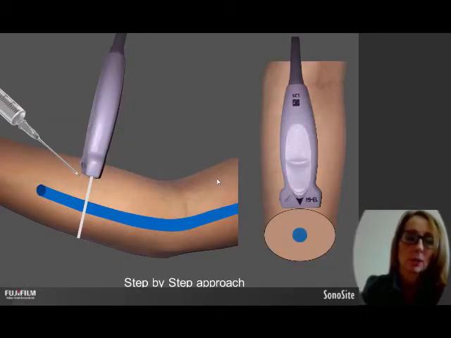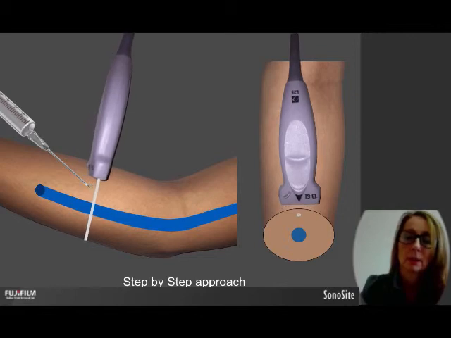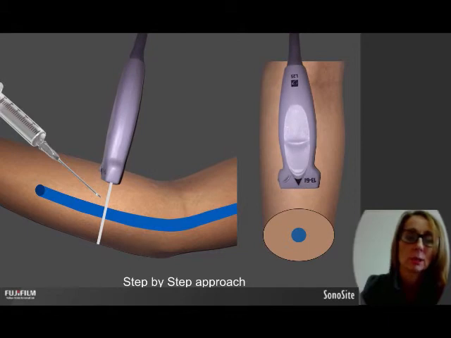Make sure that when you do your insertion, you use your step-by-step. If you're doing the transverse, you start with your needle tip exactly in line with the arrow, centre your vessel so that it's in line with the arrow, then start by looking at the skin and planning your puncture that it's going to be at 90 degrees. Then once you've punctured the skin, start to look at the ultrasound screen and watch the needle tip. So advance your needle,